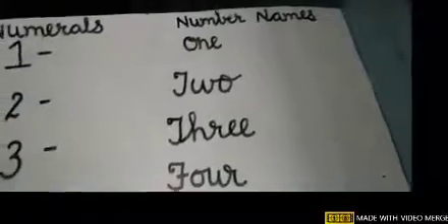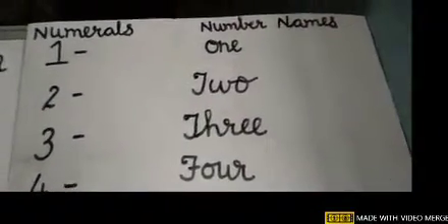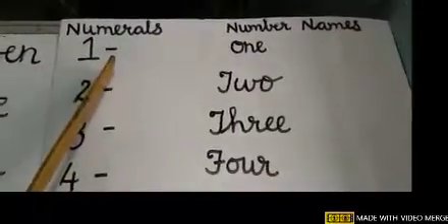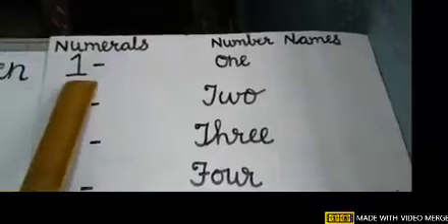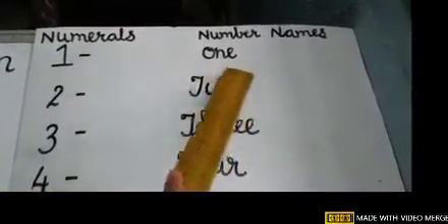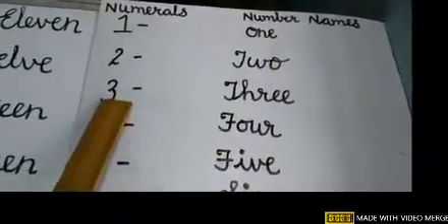In first standard, you must have learned how to write numbers from 1 to 20. Again, I will show you, children. See here. Can you see numerals? Numeral means numbers. So see number 1 and the spelling of number 1. Repeat after me. It's 1, O-N-E, 1. Then 2, T-W-O, 2. Then 3,